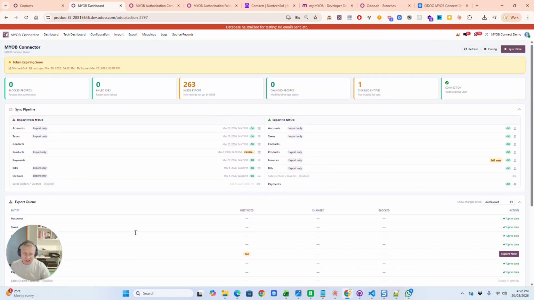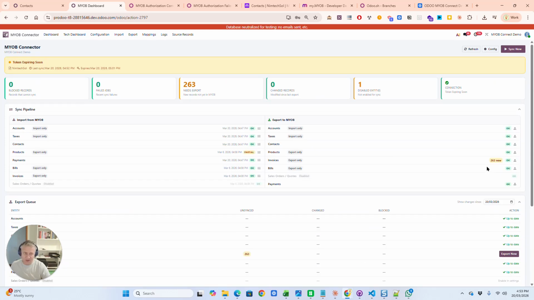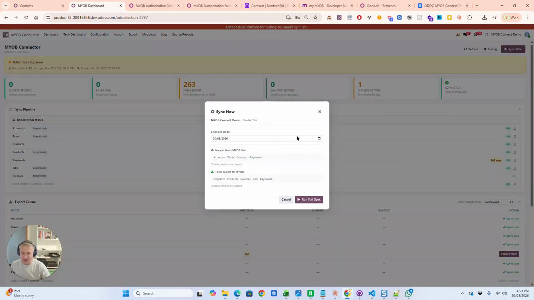So we sent in invoices, and you can see it gives us a rundown of what has in fact been created. So the next thing that you can typically do in this dashboard is just click on synchronize now. So instead of clicking on each one of them individually, exporting and maybe importing individually, which you can also do by the way by clicking on importing here or exporting here, the very next thing or the easiest thing to do would just to click on synchronize now. Again, you are given the option of specifying a date. Normally you will just leave that as it is, and then you can say run full sync.